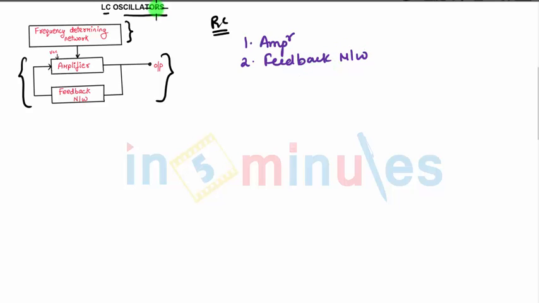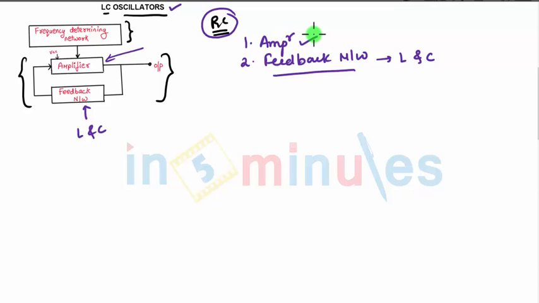Now, since it is LC, in the feedback network you have inductors and capacitors. So the feedback network now consists of L and C. In RC oscillators, in the feedback network you have R and C, and the amplifier can be a BJT amplifier or a FET amplifier. So accordingly you can have different types of amplifiers over here. The rest of the concept that we have seen for the RC phase shift network, or the low frequency oscillators, is similar, following the criteria of Barkhausen.